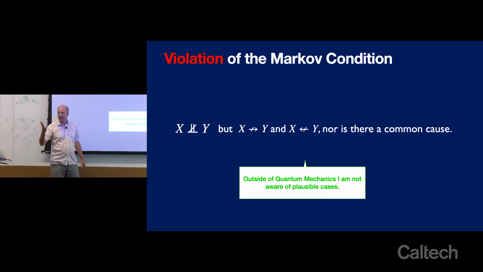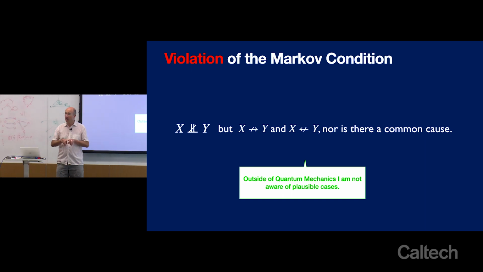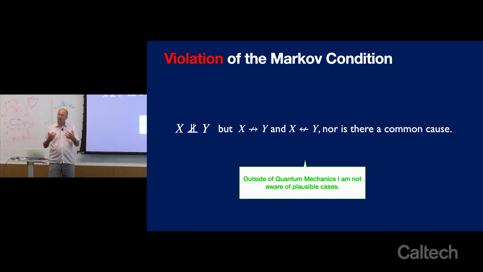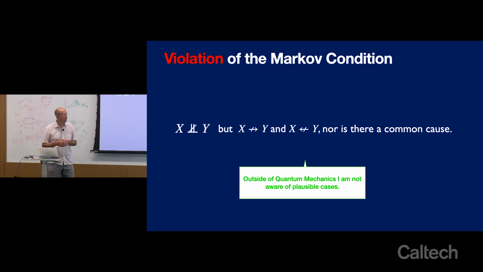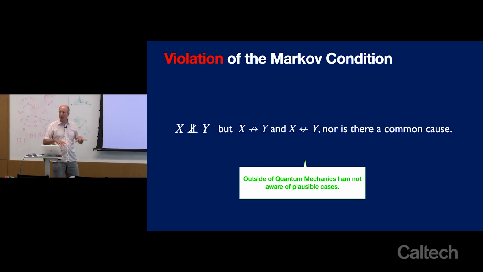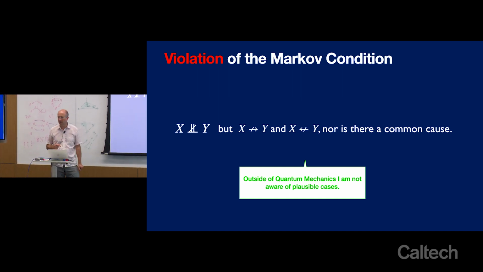Yes, but in that case, I would have said you have a violation of causal sufficiency because you have an unmeasured common cause there. It's not a violation of Markov. So a lot of the apparent violations of the Markov condition are actually violations of something else, of one of the other conditions. And to find a genuine case where you think you have all the variables on the table, you've not misspecified the model, it's a completely accurate model, and you still have this sort of violation is in quantum mechanics,